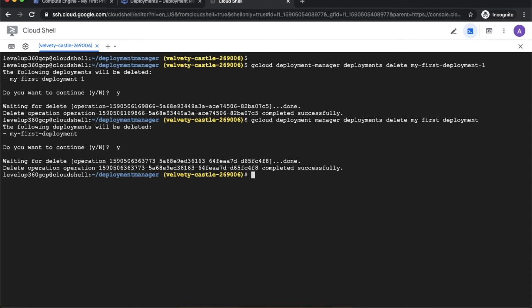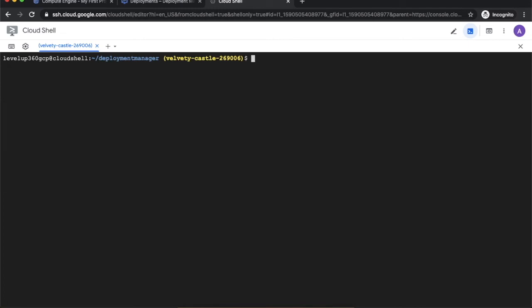Now let's see how we can parameterize the deployment. For this, as I told you, we have two options. Either we can use Jinja or we can use Python. What I personally prefer is Jinja, which is quite simple compared to Python when we are working with Deployment Manager, because Jinja has the same configuration as you define in the YAML format. But for Python, the configuration option will be different.